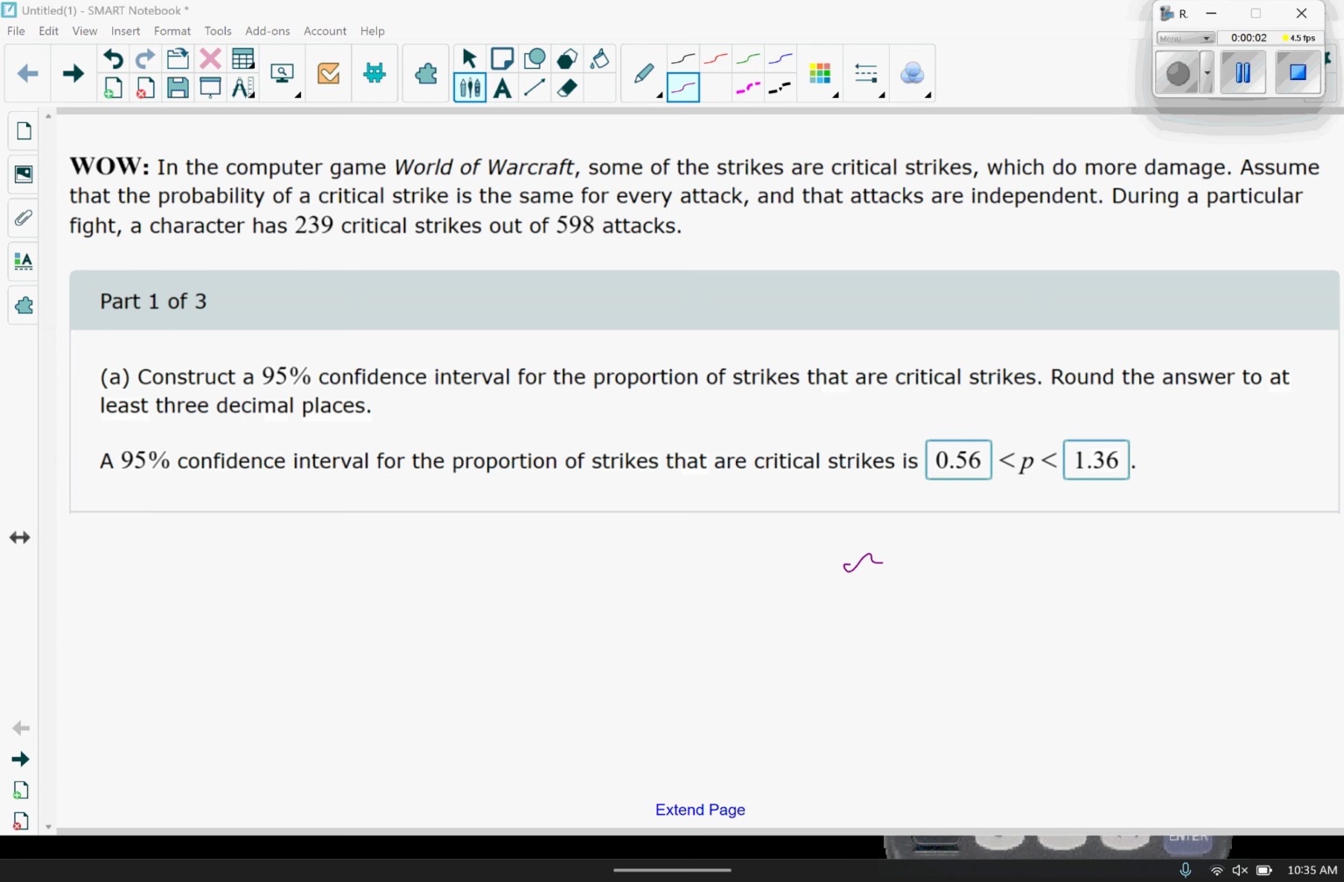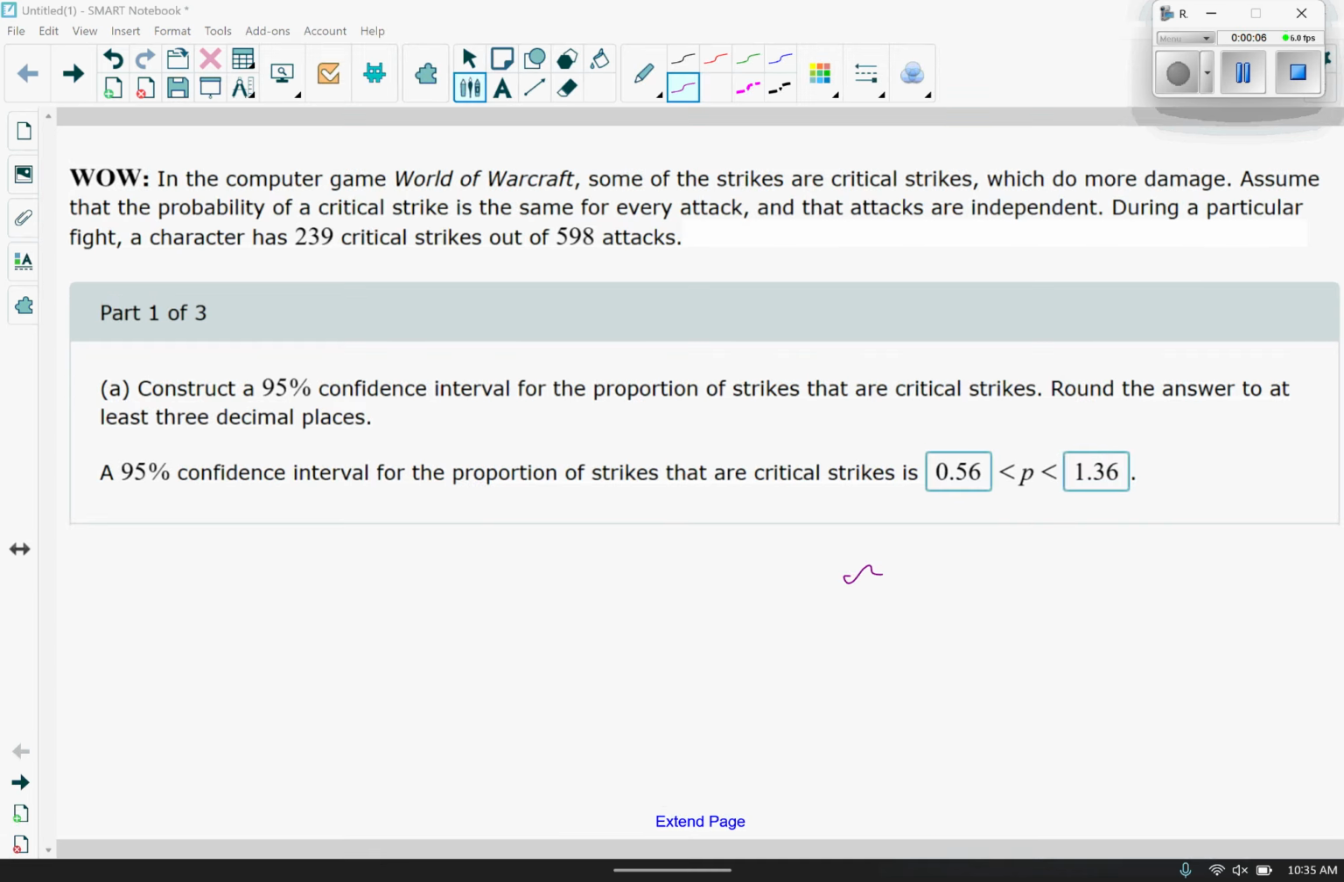Okay, so this is going to be one of those where we're doing a confidence interval for proportion. Our x value is binary, so it's either going to be yes or no. In this case, it's either a critical strike or not. It looks like there were 239. And then n is going to be the number of potential attacks, which in this case was